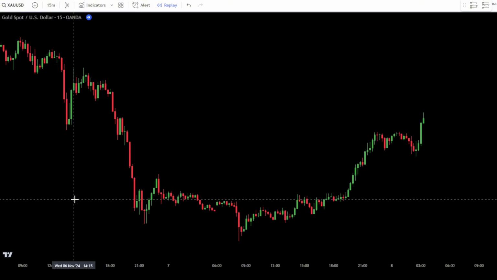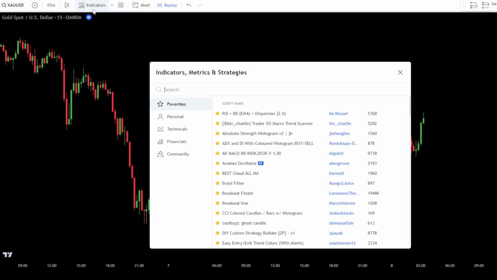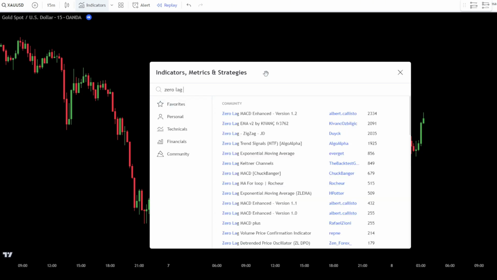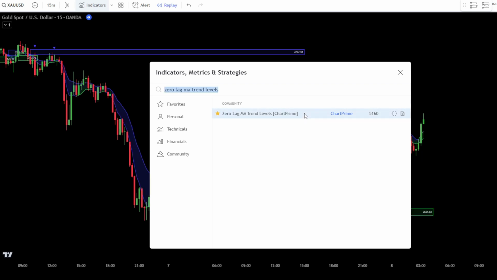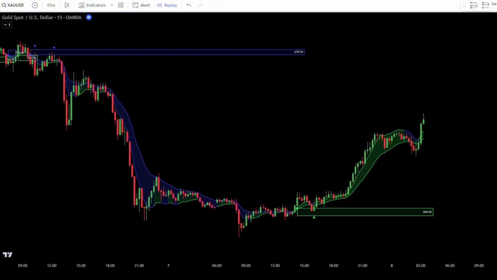Then, go to the Indicators Search tab. In the Search tab, type 0 lag EMA trend levels. Select the 0 lag EMA trend levels indicator by Chart Prime. We will use this 0 lag EMA trend levels indicator as a trend guide and a tool to identify entry